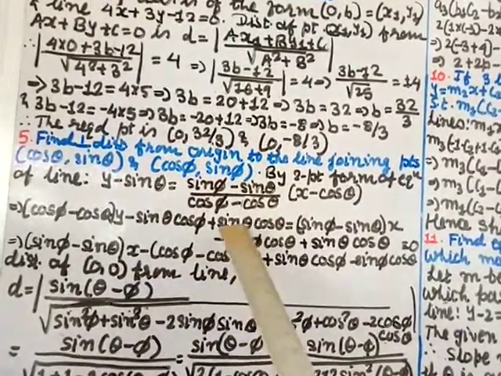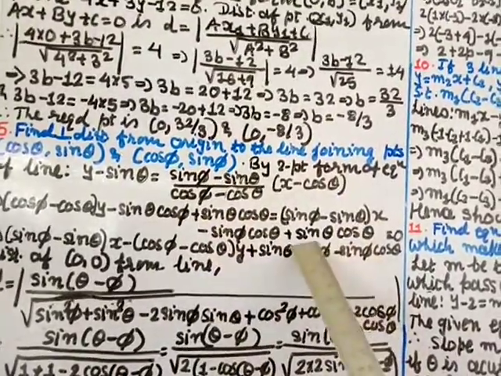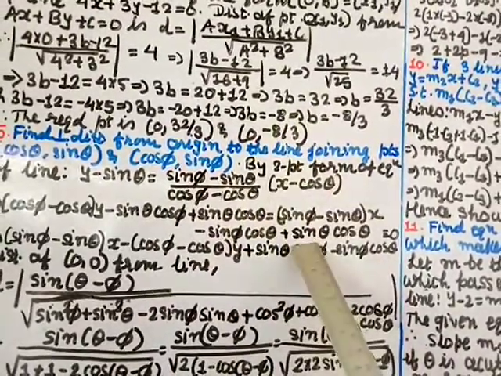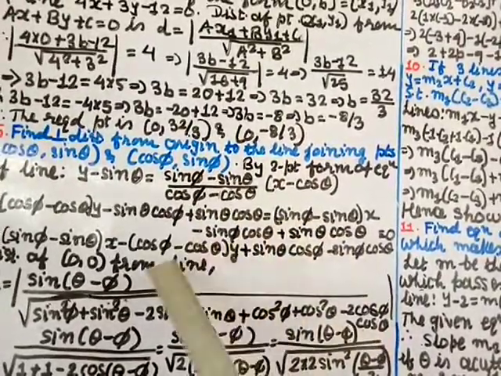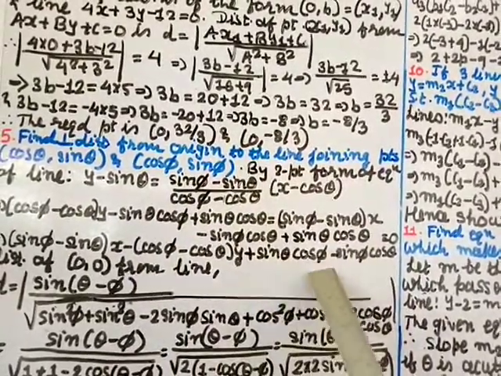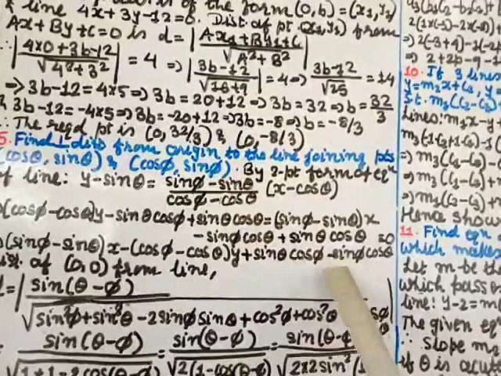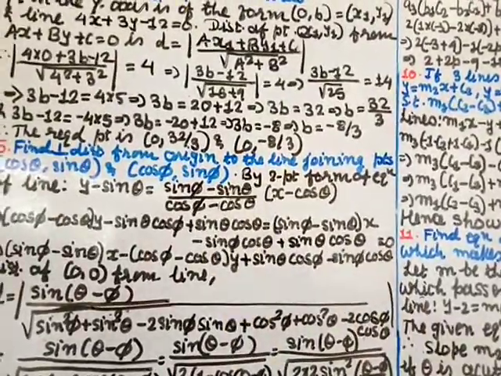Okay, now see sin theta cos theta is positive. When you transfer this side, it becomes negative, and here already sin theta cos theta positive is there, so this will cancel out. So this side constant term remains this one, which when I transfer over here, it becomes positive sin theta cos phi, and here already this one is there, so minus sin phi cos theta equal to 0. Okay, this side remains 0.